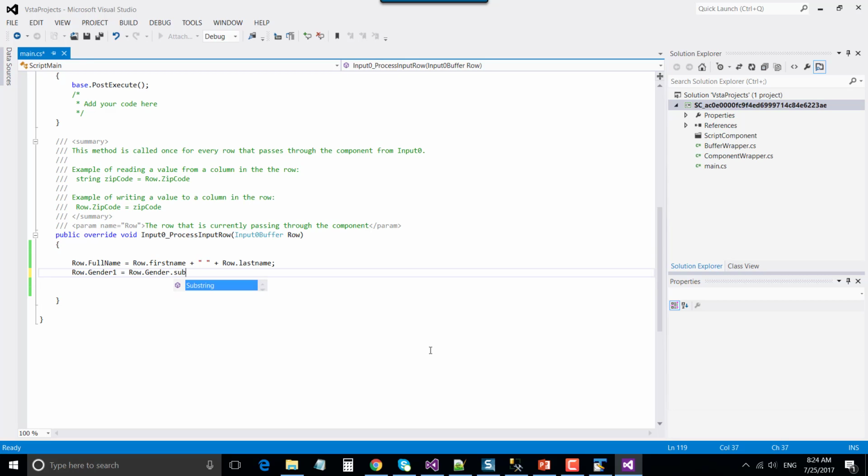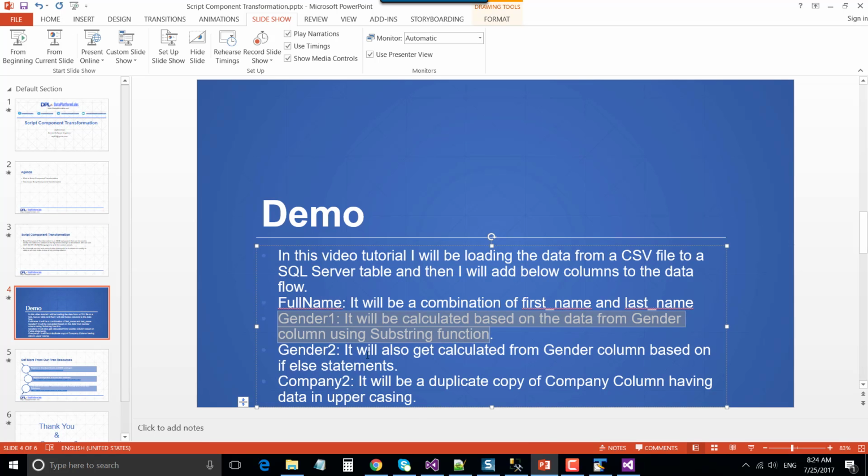and then the substring function. The substring function takes a 0-based starting character. So it will start from 0, and we want to read just 1 character, like from female we want to read F, and from male we want to read M. That's it. Just one line of code can assign the value to the gender 1 column from the gender column. And now the third one, gender 2, will also get calculated from gender